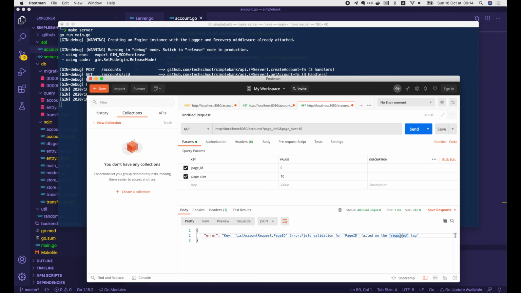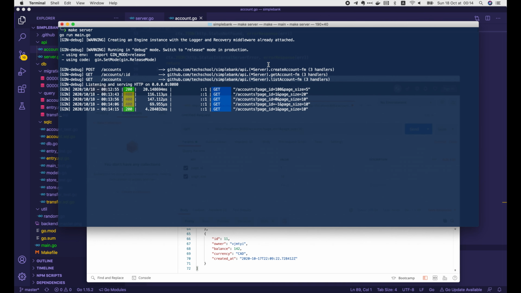What happens here is, in the validator package, any 0 value will be recognized as missing. It's acceptable in this case because we don't want to have the 0 page anyway. If your API has a zero value parameter, then you need to pay attention to this. I recommend you to read the documentation of the validator package to learn more about it.